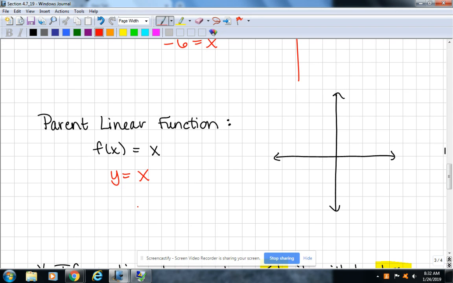Well, let's graph that line and see what it looks like. It's the most basic one. You should know what it looks like, so I'm going to do that with you. So what's the y-intercept? 0, right? So it's going to cross through the origin. What's the slope of this line? What number's in front of x? So it's 1 over 1, right? The slope is 1 over 1, so you go up 1 and to the right 1. And you can do that multiple times. I'm going to do that actually to keep it